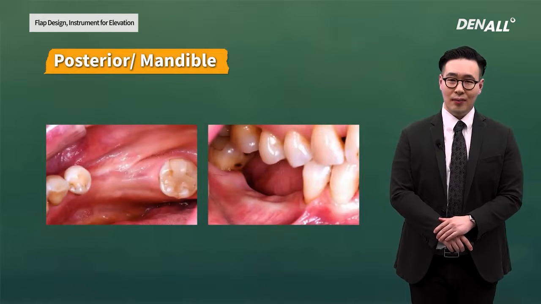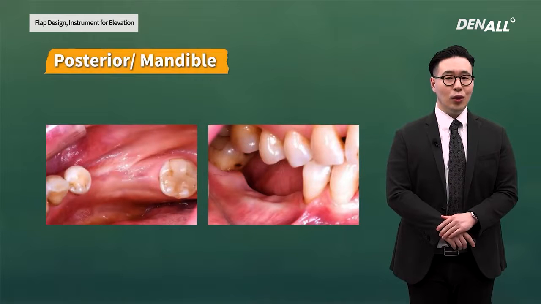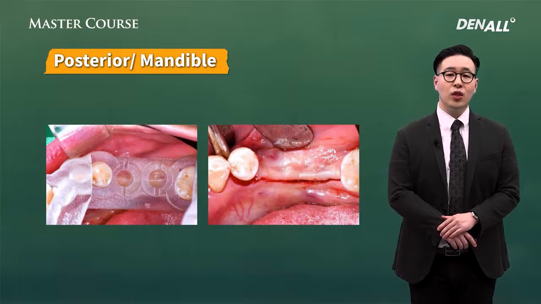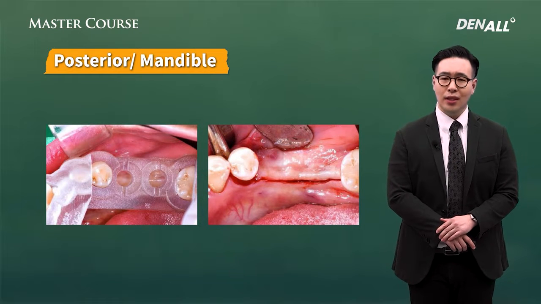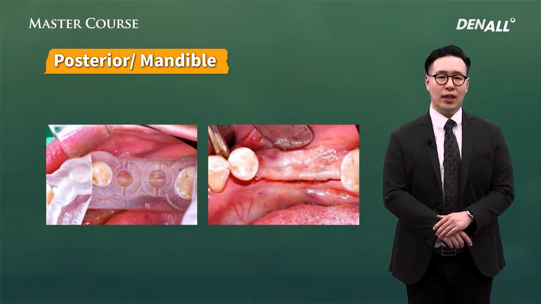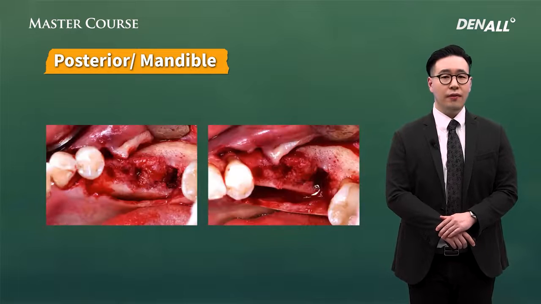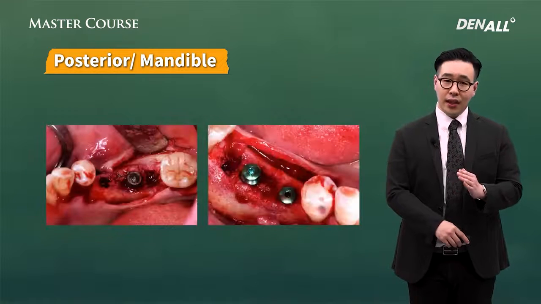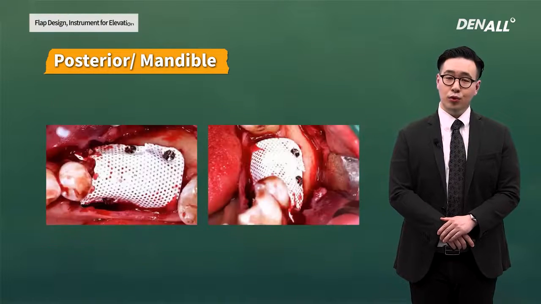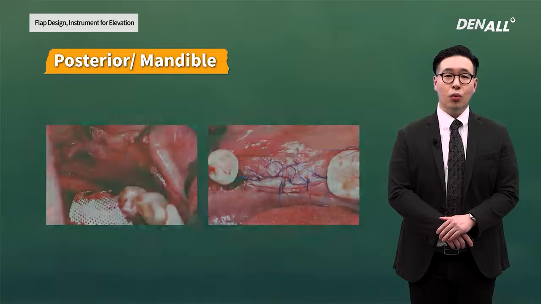Finally, I'm going to show you a lower posterior case. Implant placement as well as vertical augmentation was planned, and guided surgery was used, and vertical augmentation was done at the same time. The buccolingual position of the crestal incision needs to be decided well in order to minimize damage on the flap during drilling. Buccolingual flap elevation was done, implant was placed, vertical augmentation was conducted, non-resorbable membrane was fixated,